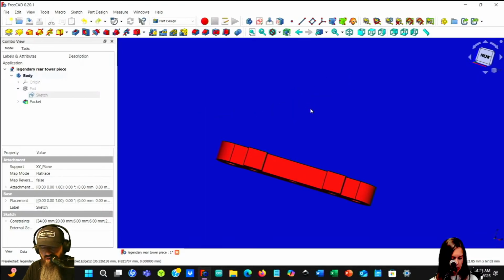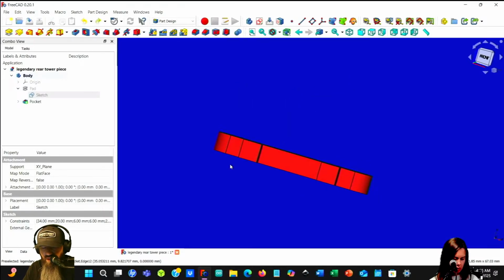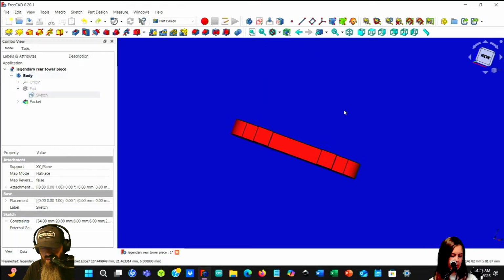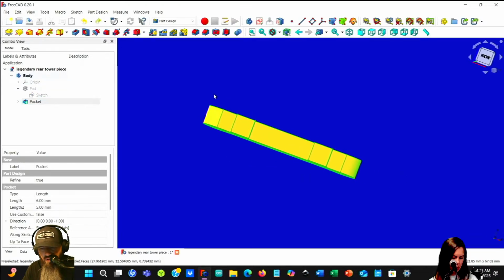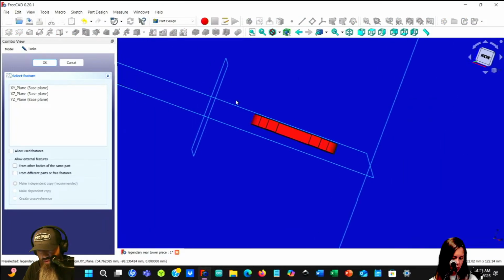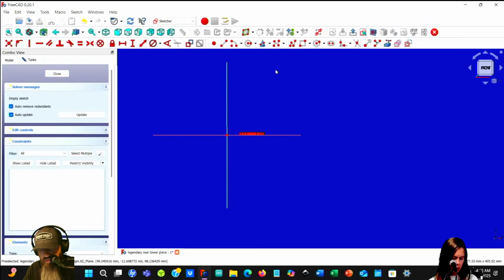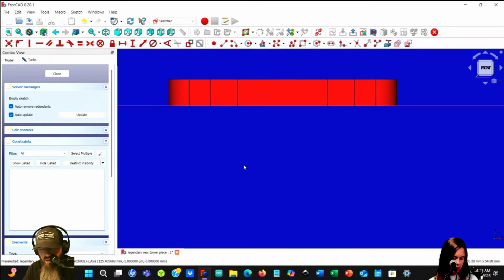Okay, so now what I need to do is pad off these parts because they actually need to be round. These aren't square. They have a round bit here. So let's go to here and do a new sketch, and we'll put it on the XZ plane.